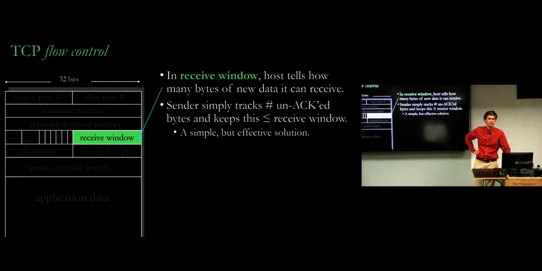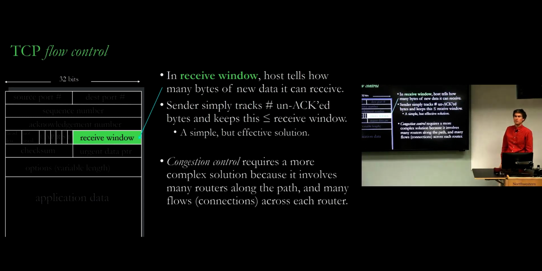Similar question before. So the bytes that it can receive, that's referring to payload or entire packet size? I think this is just the payload. Payload, okay. So in reality, the buffer is bigger because it would have to receive the headers and all the other stuff too. So you might have to set it conservatively so that the sender doesn't overload you with headers. It's hard to know ahead of time because it doesn't reflect the total size. Depending on how the sender chunks up its data, there could be more overhead or less overhead. If there are smaller packets, there'll be more overhead. So it's not precise, I guess. There's a little bit of inaccuracy or wiggle room that you need to add.